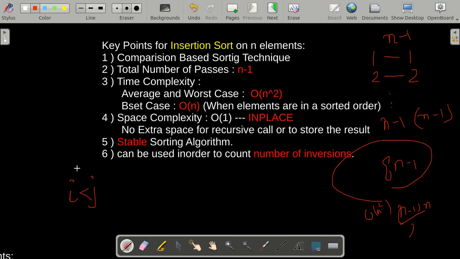Then these 2 indexes and the elements at these indexes are known as an inversion pair if the element at index i is greater than the element at index j. This means that the index of the first element is smaller than the index of the second element, but the first element is greater than the second element. Now let's see how we can use insertion sort in order to find the number of inversions.